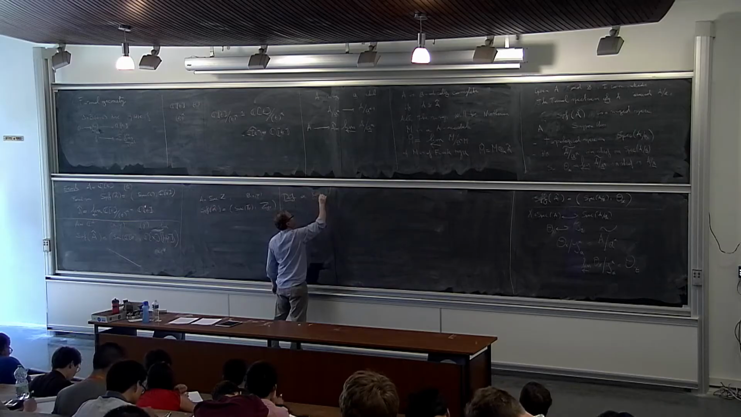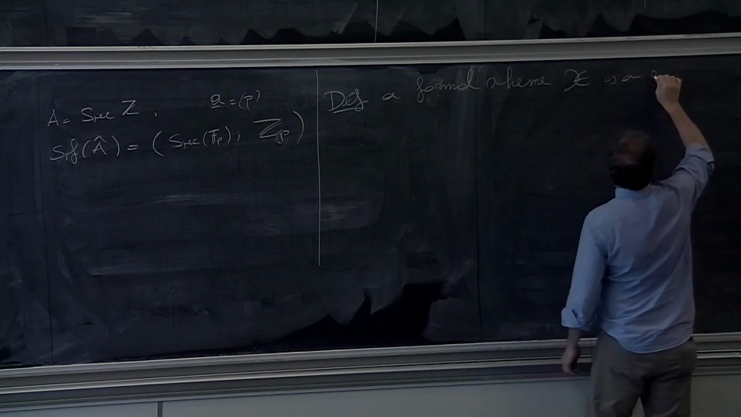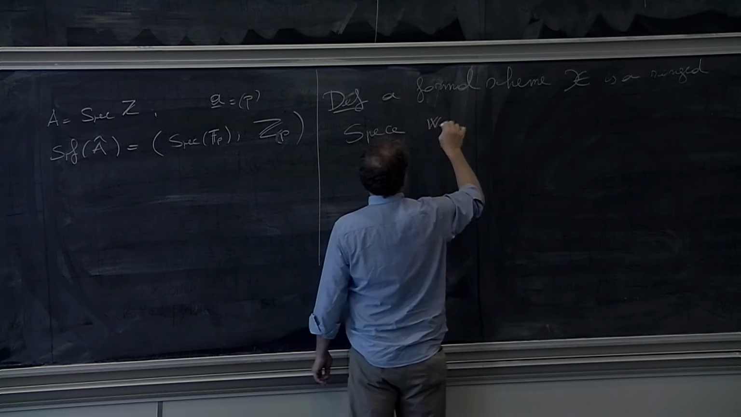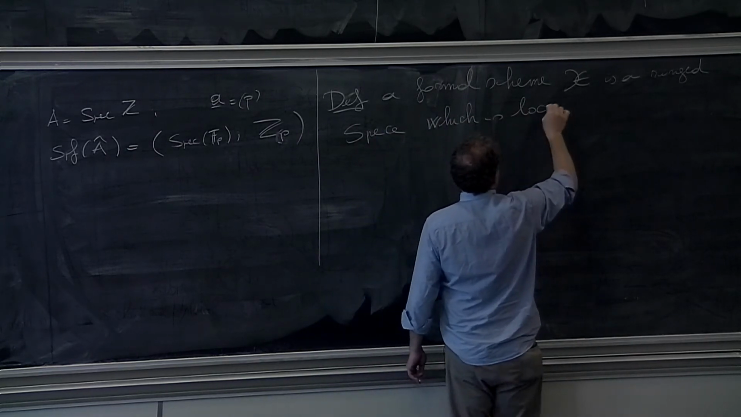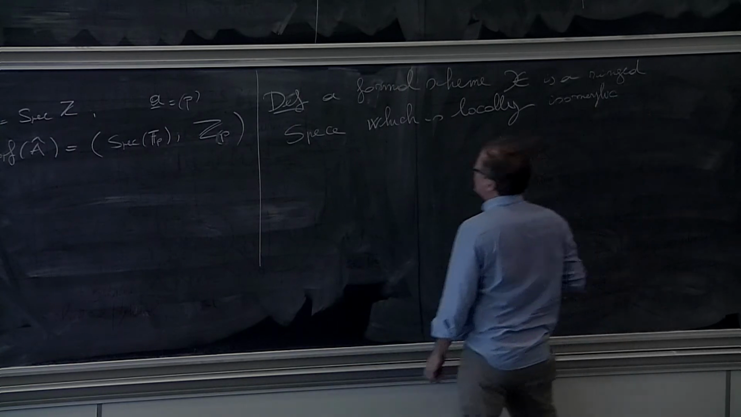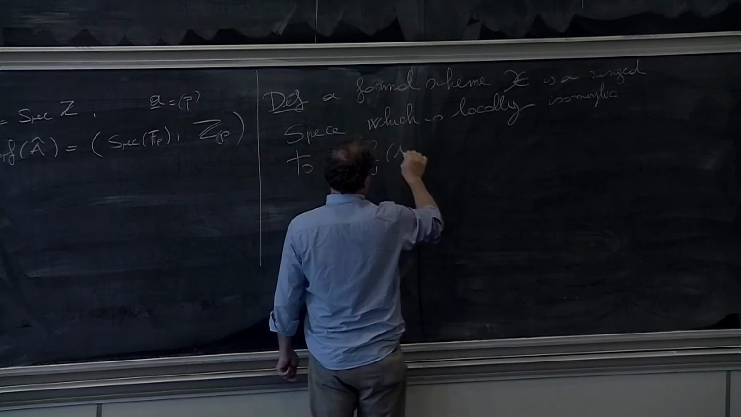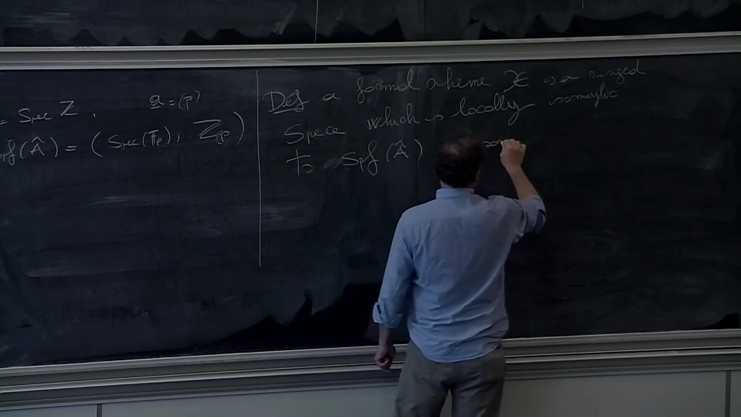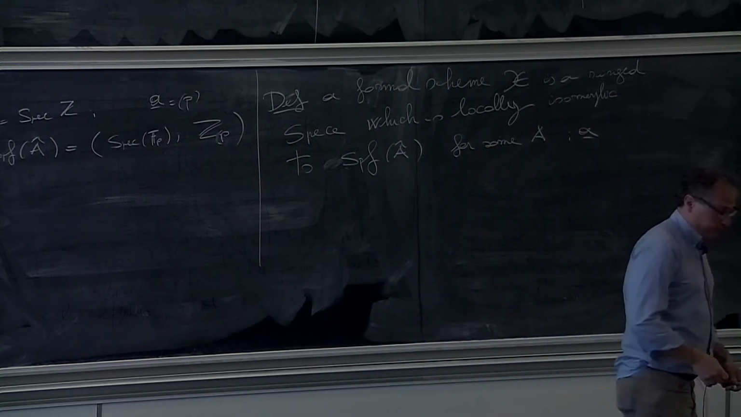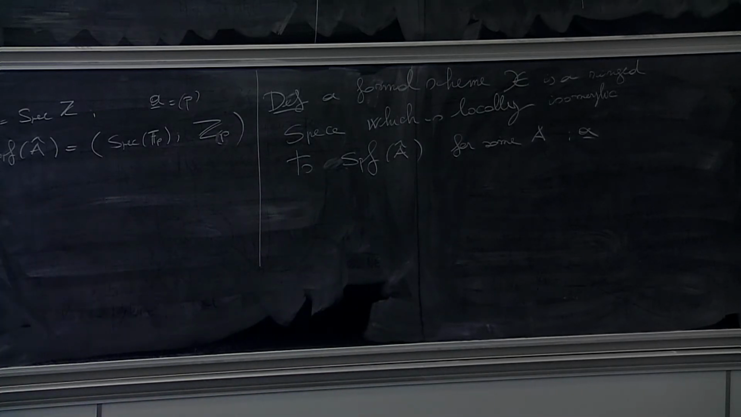A formal scheme X is a ringed space which is locally isomorphic to Spf of A hat for some A. And an important thing is that,